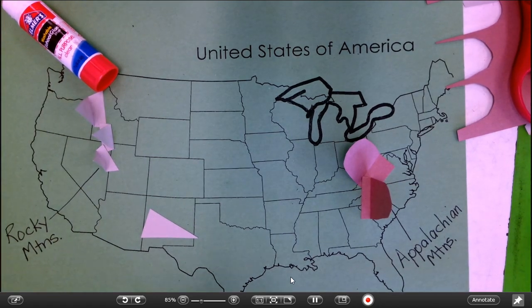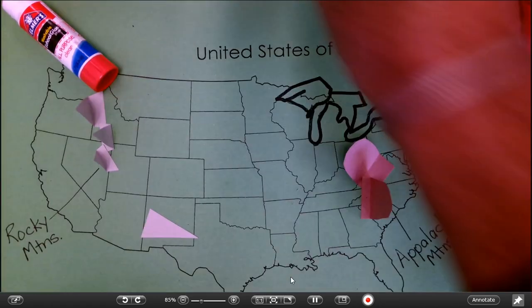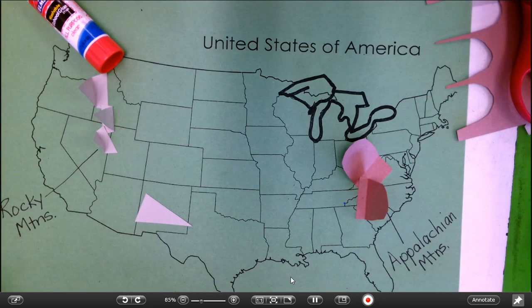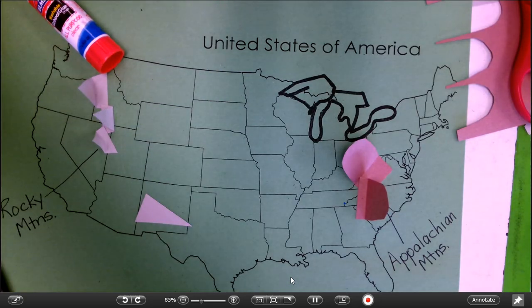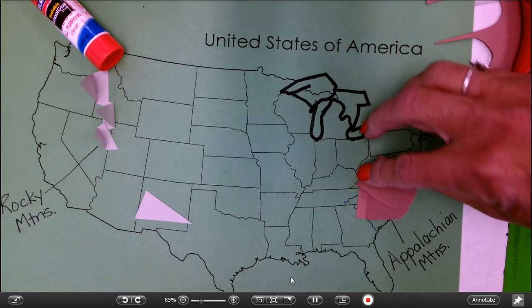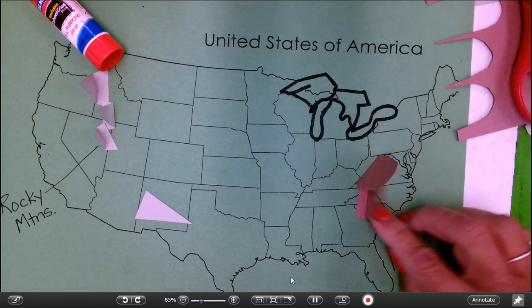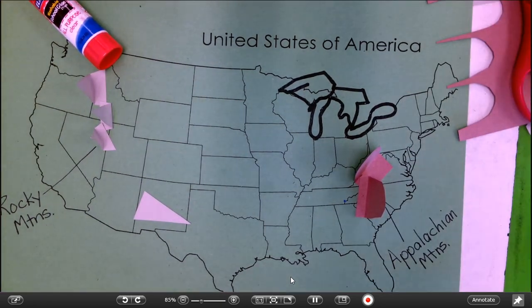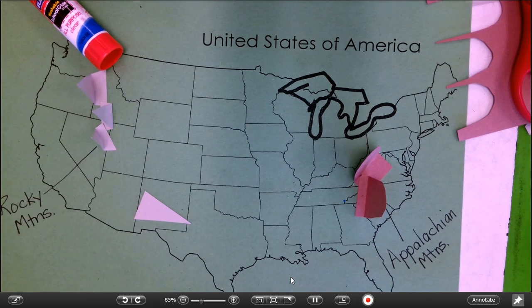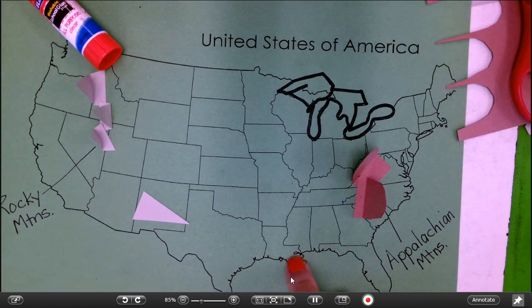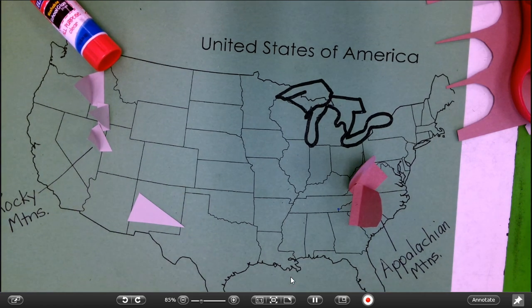Okay, so now we're going to go to our rivers. Now, I'm going to go ahead and use glitter for this. You could use yarn. You could just draw it with a blue crayon if you'd like. So really, this is about how you want to represent those rivers. I'm going to start with one of the longest rivers in North America, and that's the Mississippi. So you have to look for this L-shaped state, Louisiana, and the Mississippi River goes up the side